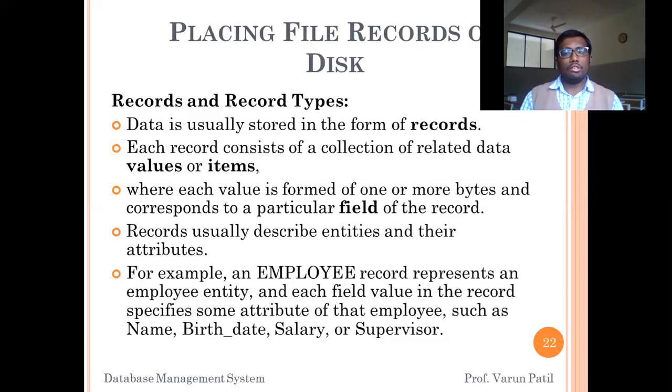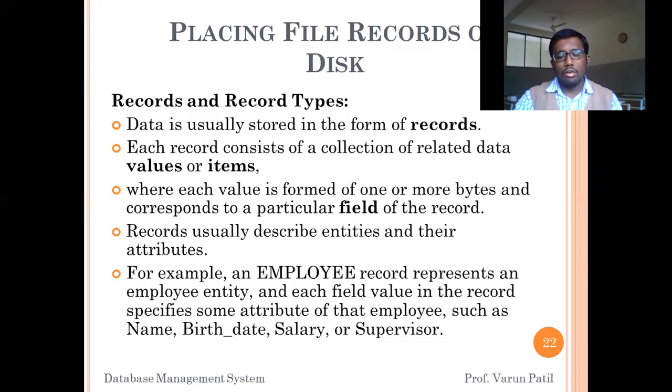Like this, each record within your file will describe the entities and their attributes, and each record will have related data items or data values.